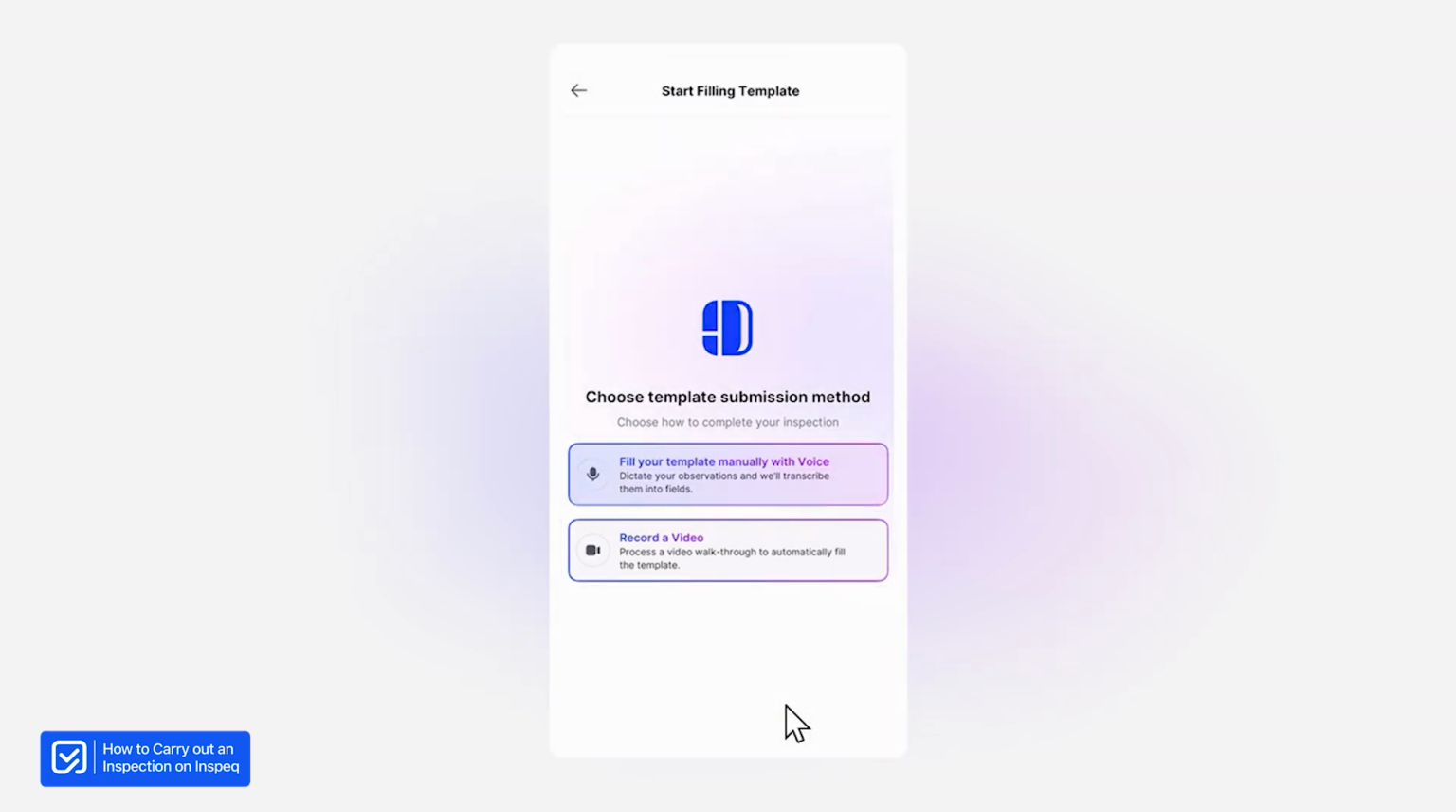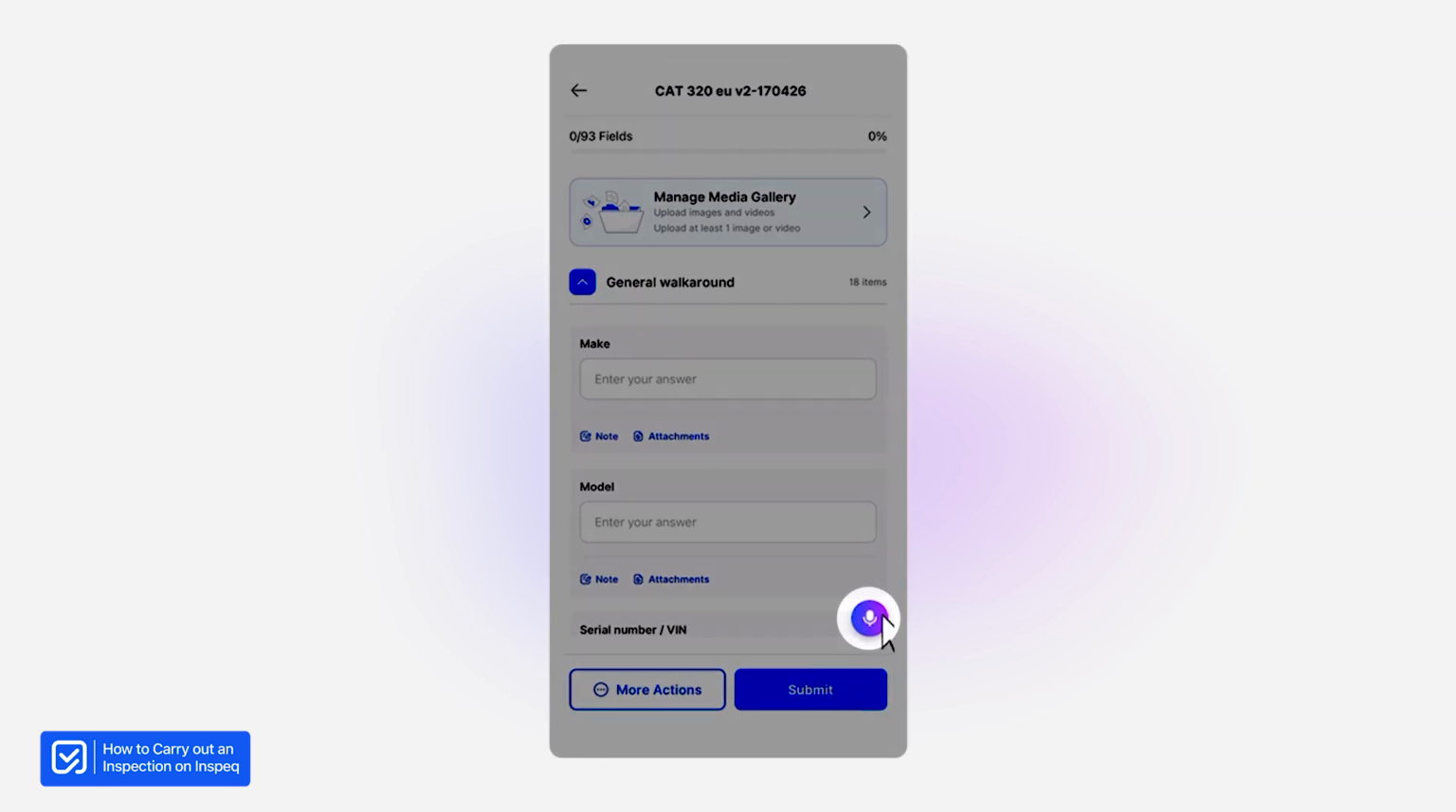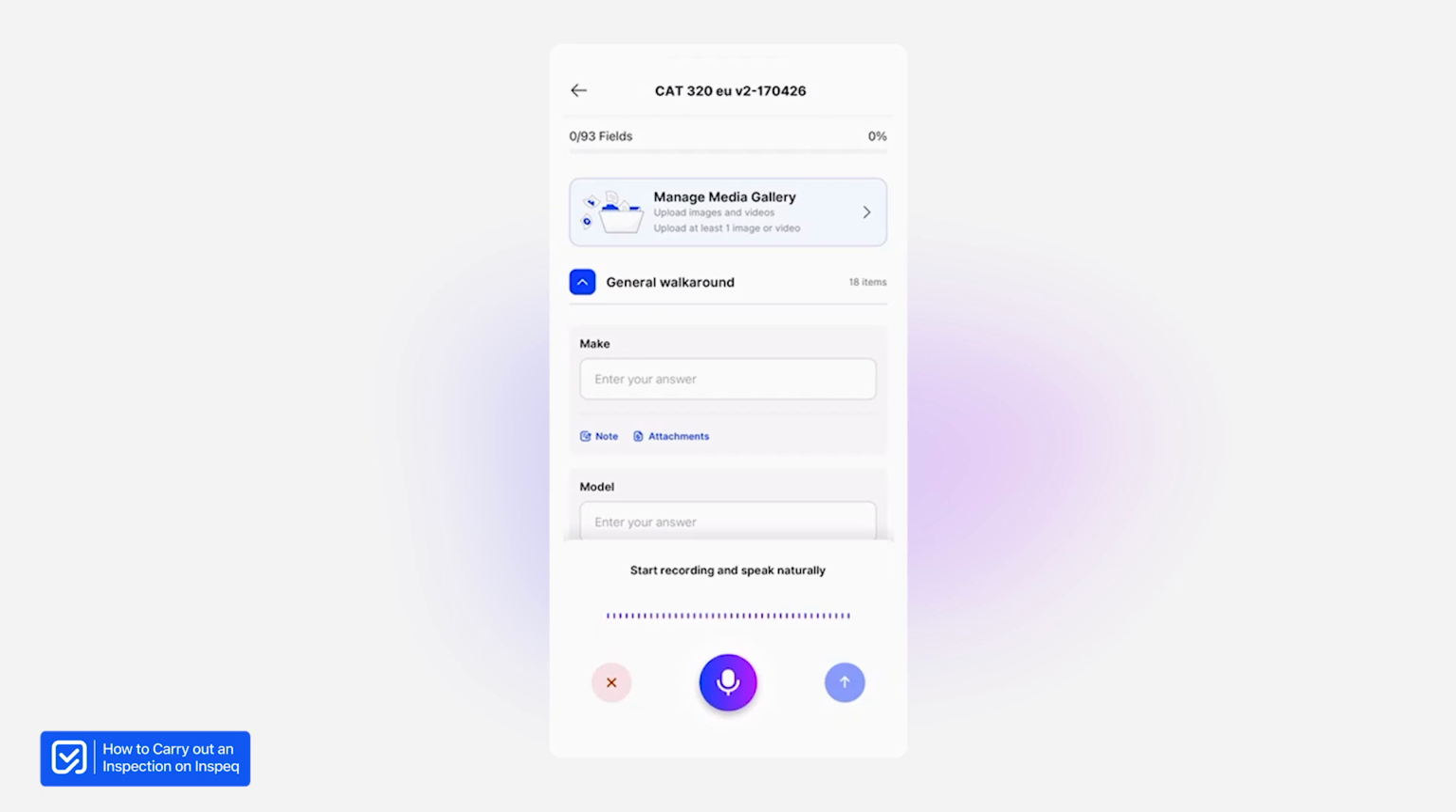If we look at the first option, what this will present us is our inspection template for us to manually fill in. But what we can also do is use the record icon here in the bottom right-hand corner to fill out the form using voice. So if I click on the button in the middle of the screen,